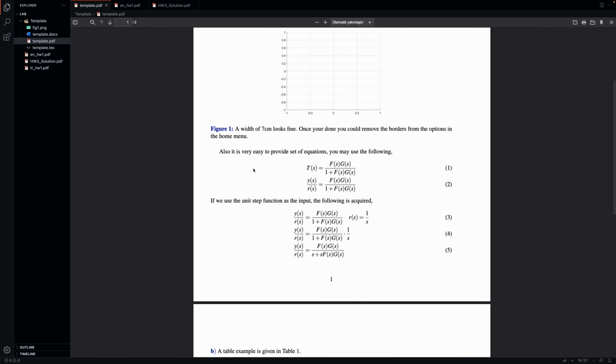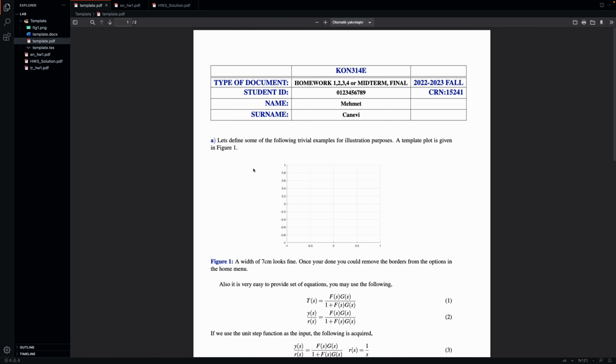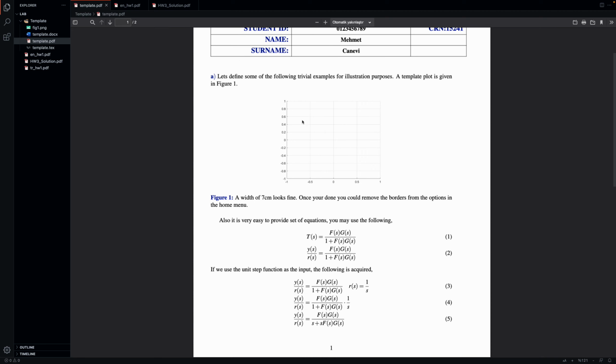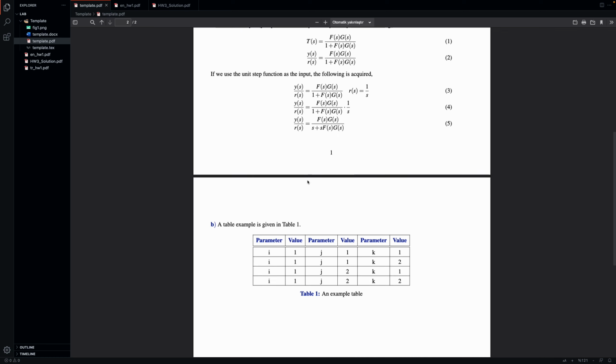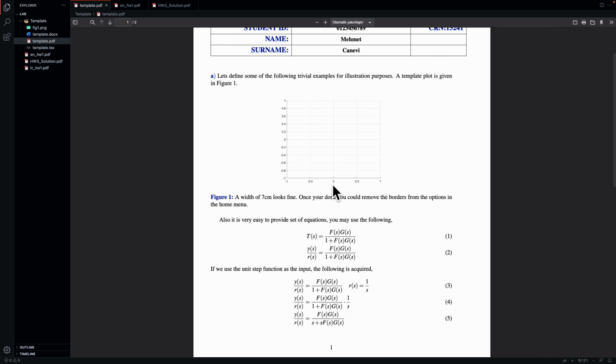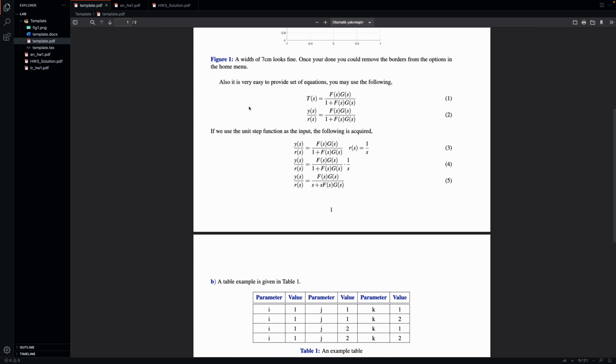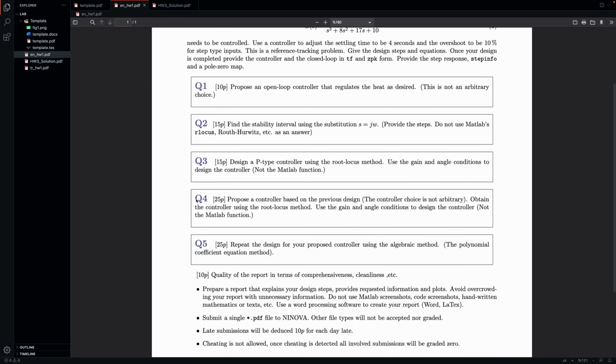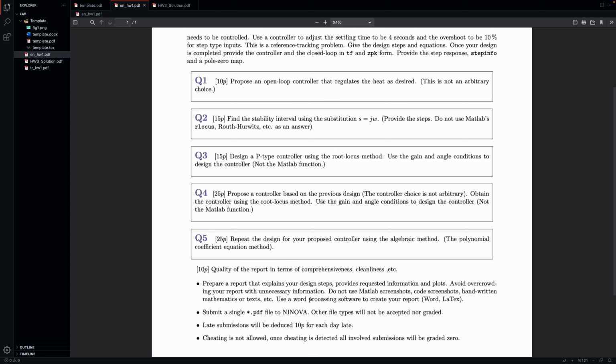Now here you can see I have a template. This is a LaTeX template. I also have the Word template here, which I'm going to upload to Ninova. You will find it in Ninova. And you can use this as a starting point. Just provide your algorithms, your results here, the step-by-step for the questions that were here. Therefore, if you think about it again, we don't expect any MATLAB screenshots, code screenshots, whatever, or handwritten mathematics,